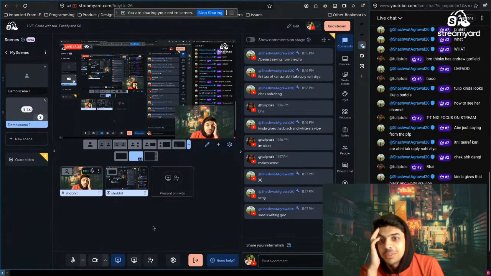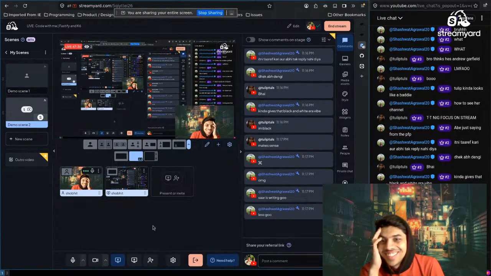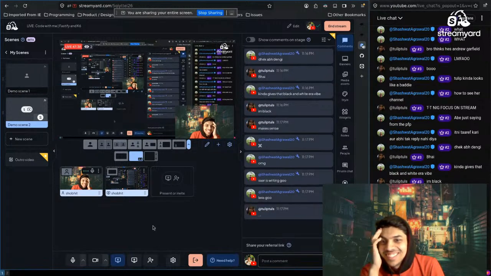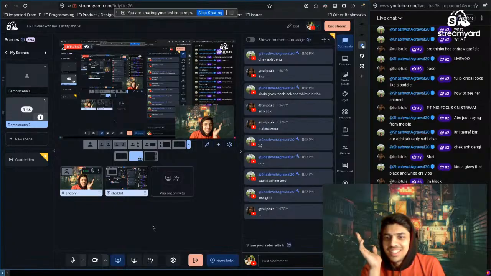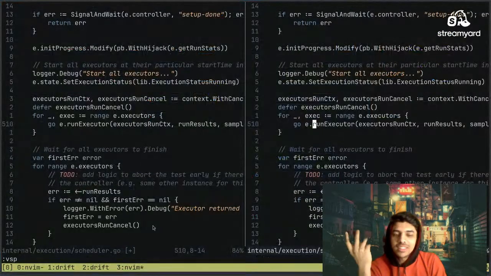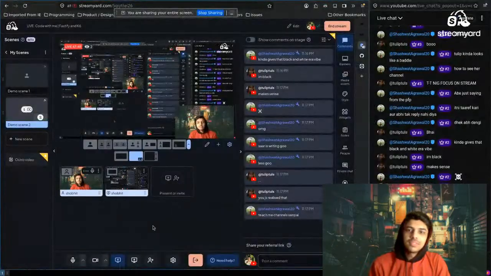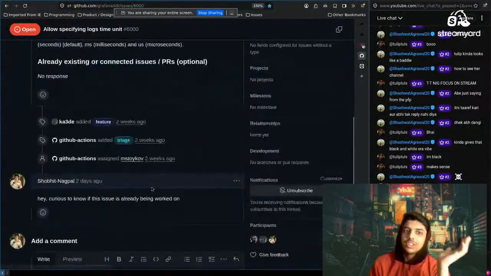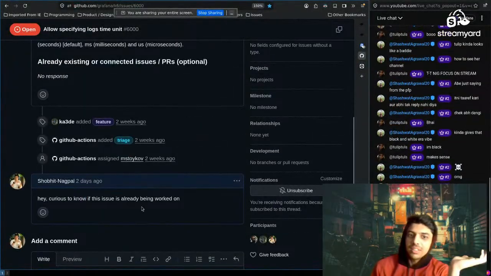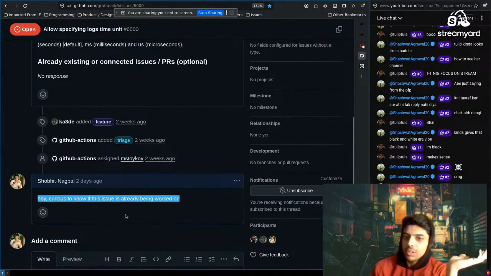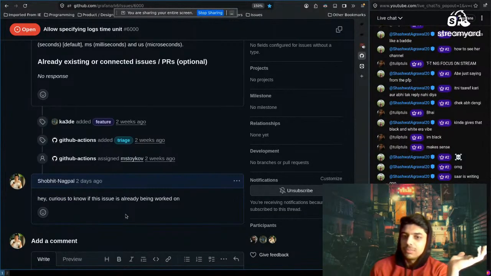You praised so much and still haven't even looked. All the settings, dude, it's the K6 codebase. This is the K6 codebase. This is the feature I was talking about. I commented that, hey QSNAP, this issue is already being worked on. So